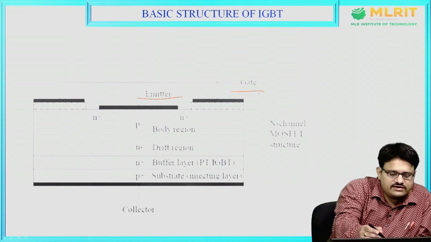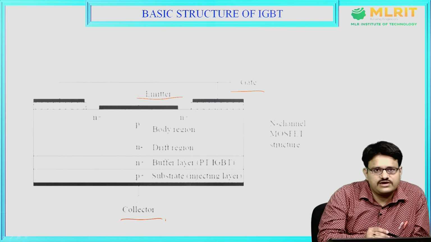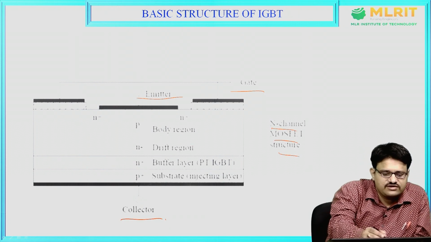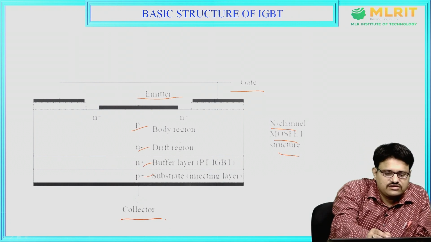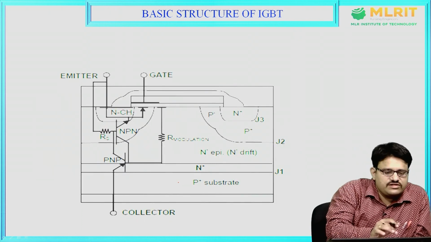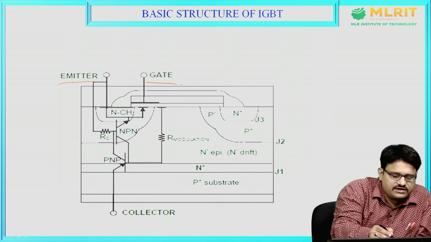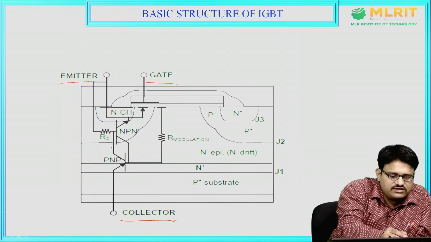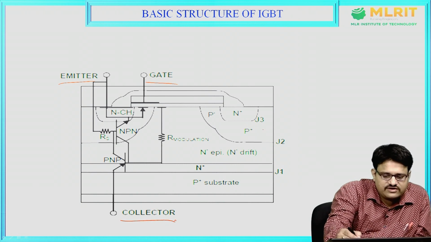And this is the basic structure of IGBT. Emitter, gate, collector are the three terminals of the IGBT, and it is an n channel MOSFET structure, and these are the different layers. This is the body region, drift region, buffer layer, and substrate. Emitter, gate, collector are the three terminals, and these are the junctions J1, J2,